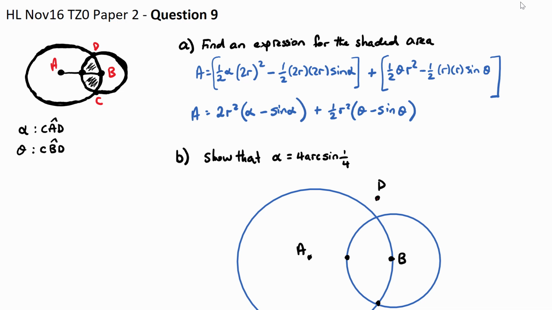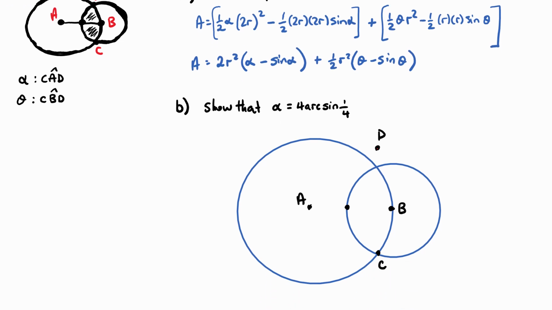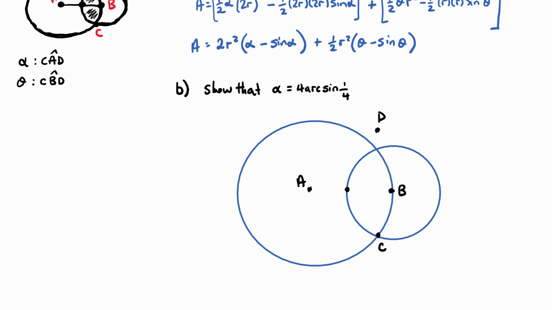Part B. It says, show that alpha equals 4 arc sine 1 on 4. Now, I used a pretty similar technique to method 1 in the marks game, if you do have that. How we did that is, let's picture my D here. If I look at the triangle, if I create a triangle here,